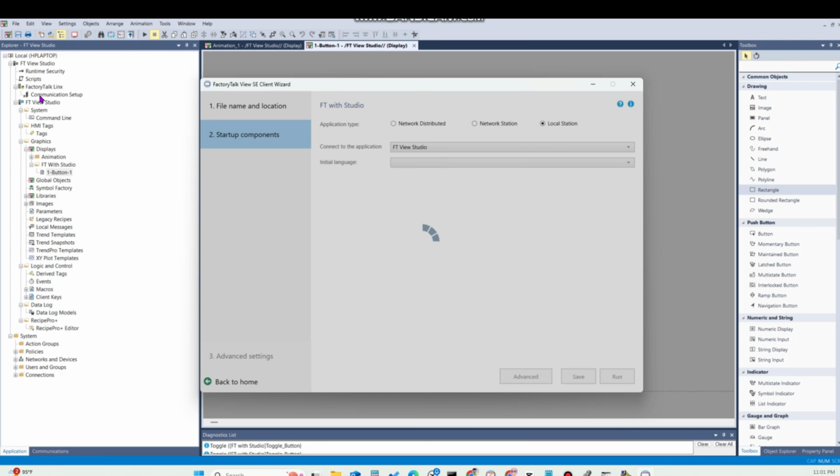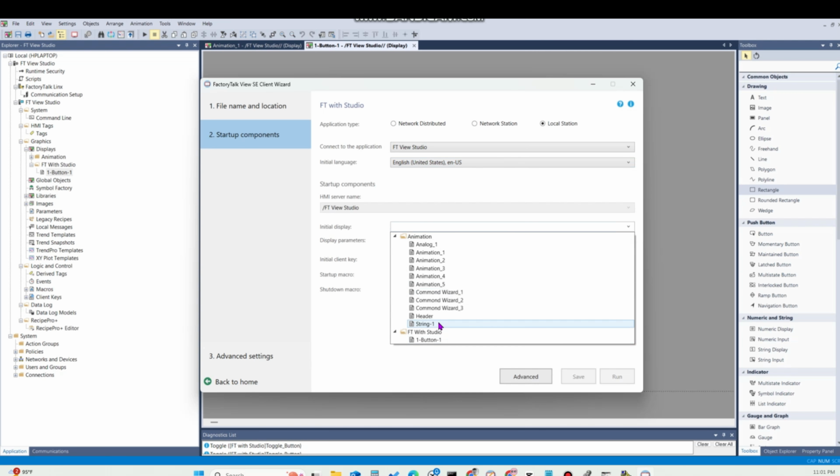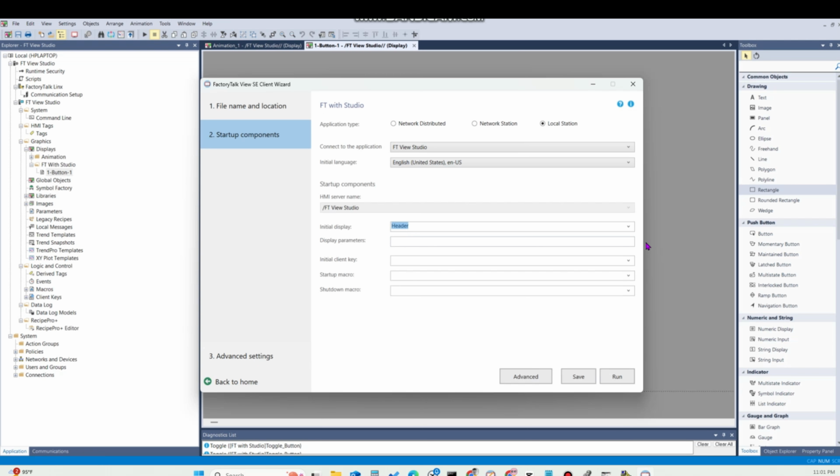FTV Studio. Here you can see FTV Studio, and then initial language should always be United States, US, and initial display, for example. You can create a header and click on client also, and here you can